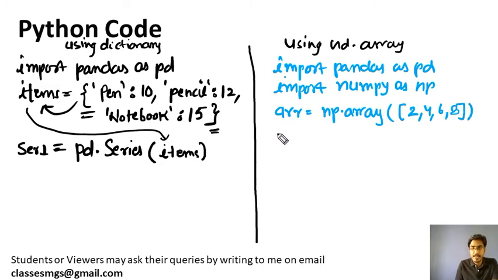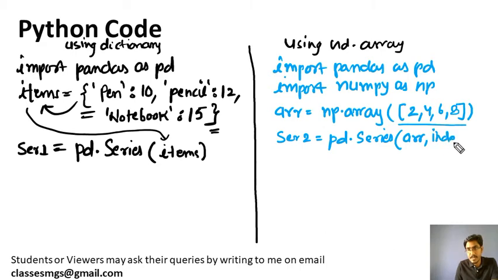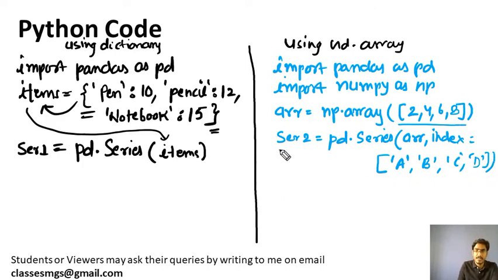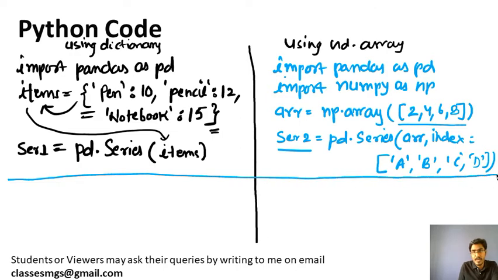Okay, and here I am creating the series object. Let's suppose series2, and I will use the pd.Series, and then I am passing this array. And if you want index, because by default the index will be 0, 1, 2, 3, so if you want the index as per your requirement, you can pass like this, index equals to a list of index like a, b, c, d, like this. Okay, now we will print this series object.